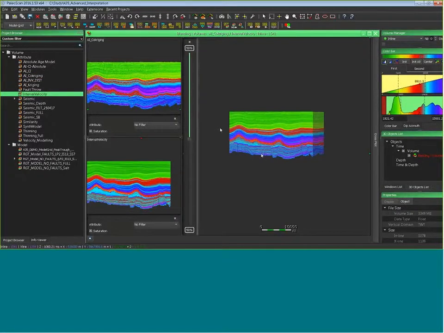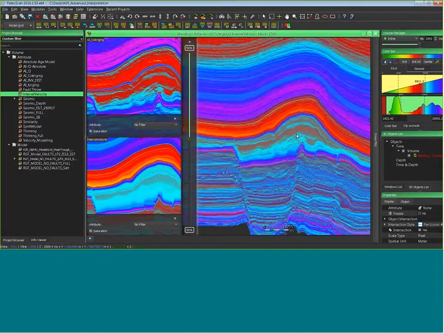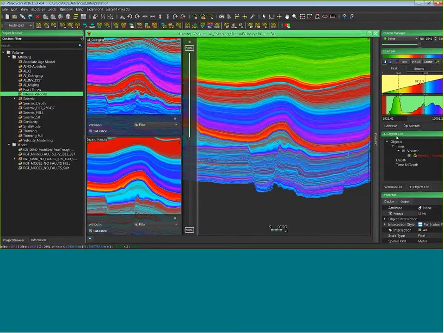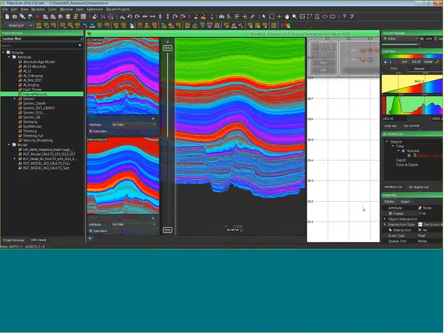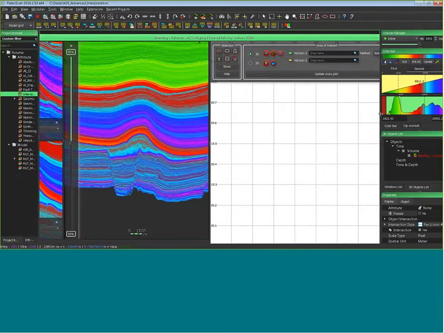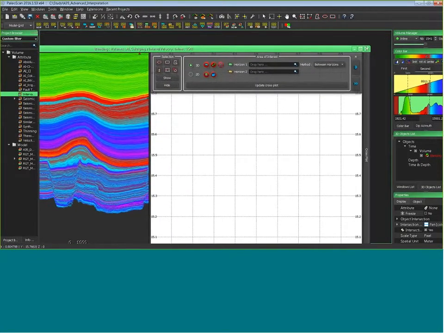In this case, I want to extract a salt body. To activate the crossplot, I just click on crossplot on the right part. I will maximize the window for better visualization.